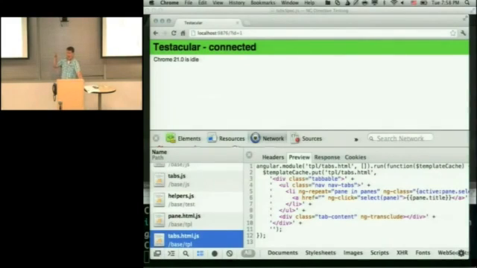So that when the directive actually asks for a template, it doesn't fetch it from the server, but takes it from the local cache. That enables you to test directives with external templates without any overhead,